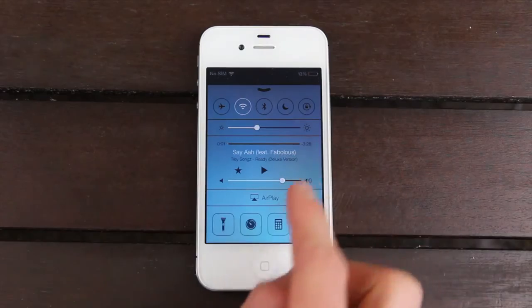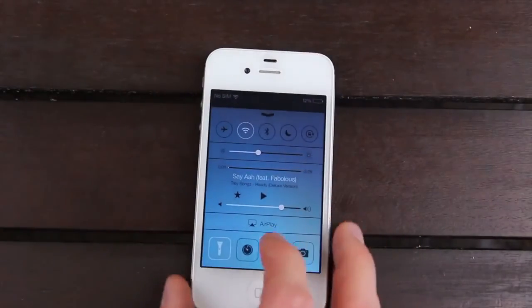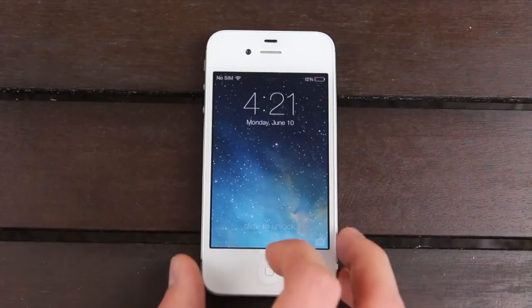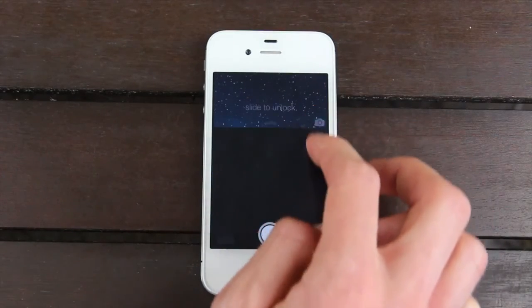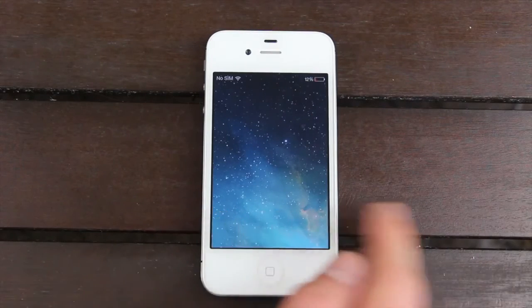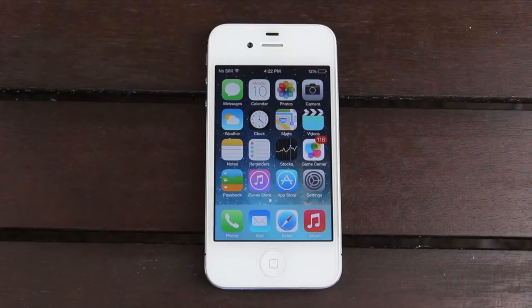We have the music player below that with all of the different options, and then we can enable the flashlight portion. So as you can see, the LED light turned on when I press that button, and to the right of that we have clocks, calendar, and camera. So we can access any of those settings from wherever we are simply by swiping up, and we still have the familiar camera button down below in the bottom right, and we can swipe it up to access the camera, or we can simply swipe over to unlock the device. So we have a completely revamped lock screen in iOS 7,